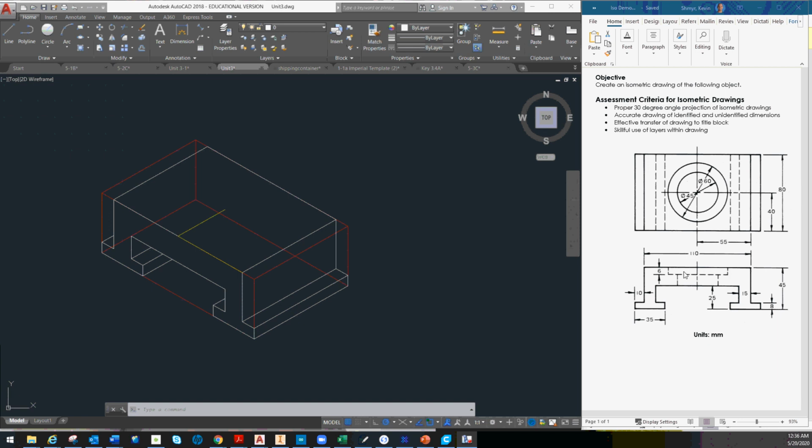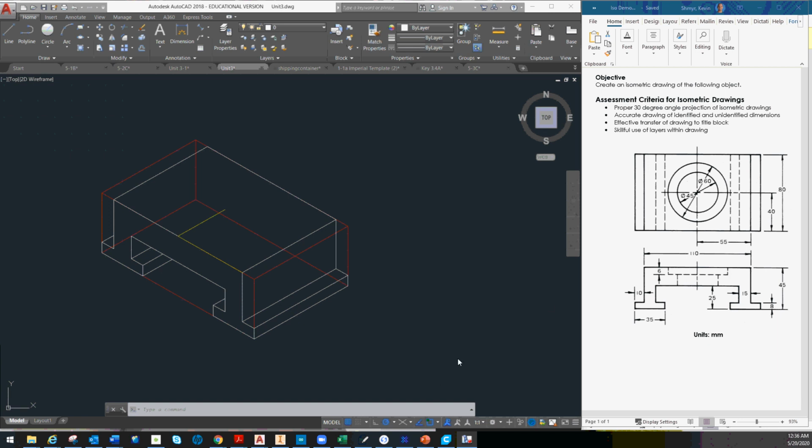So in this video, we're going to look at how to create circles inside our isometric drawings. So what we're doing is taking this demo drawing here, and I've already shaped out all the straight lines, and now we're just going to look at how to create the circular shape on it. So in this drawing, we have circles that are on not our front or our side, but they're facing our